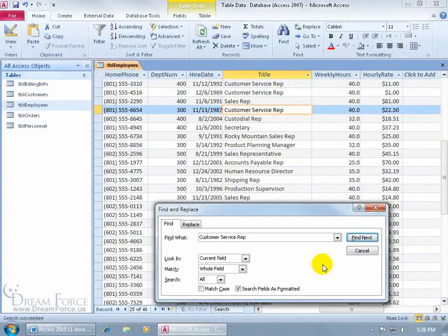Now if I quickly want to update all the customer service reps to just customer service and don't have the rep, what I can do is come here, and I've got what I'm looking for. Click on the Replace tab. It still has here what I want to find, customer service rep, but I want to replace it with just customer service. So to instantly replace all of the customer service reps with the title customer service, go ahead and click on